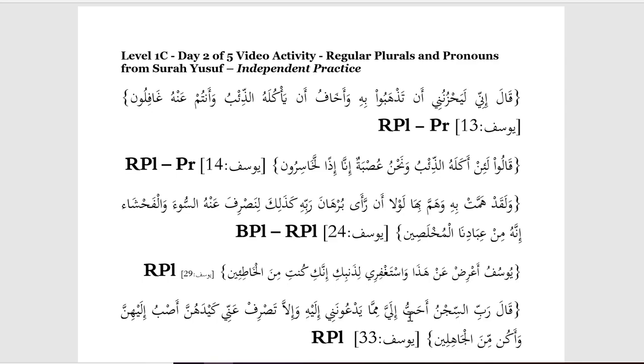We've also taken the feminine preserved plural, or jam mu'annath salim, which has an aleph and a ta at the end. We've also taken dhama'ir, pronouns, and we've seen that pronouns, when they become plural, will either take a noon or a meem. They will take a meem if they are for men, or they will take a noon if they are for nisa, and if they are neutral, then they will take a noon as well, like nahnu, which has a noon at the beginning and a noon at the end. For hum and hunna, we said that that's an important one to learn because it stays exactly the same if it's by itself and if it's connected at the end of a word, regardless of how the grammatical positioning changes in the sentence. It remains the same.